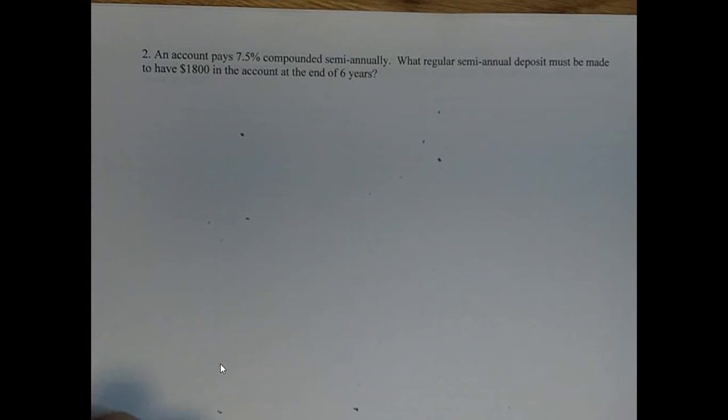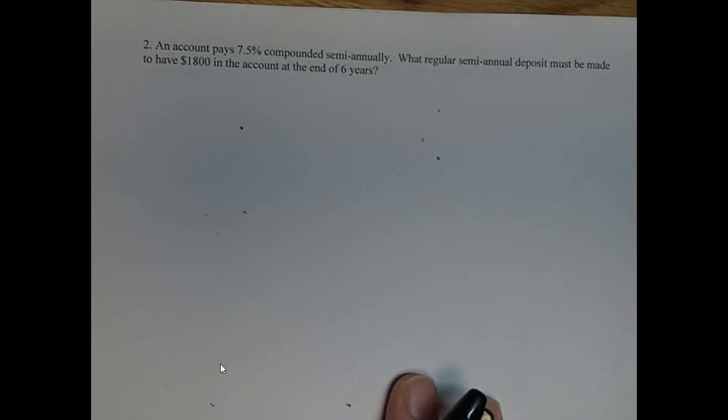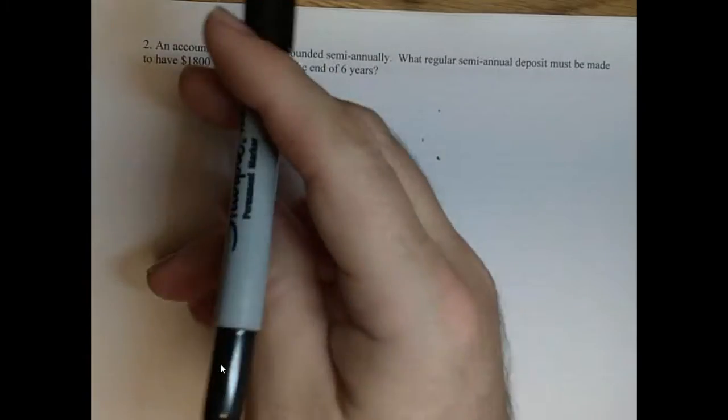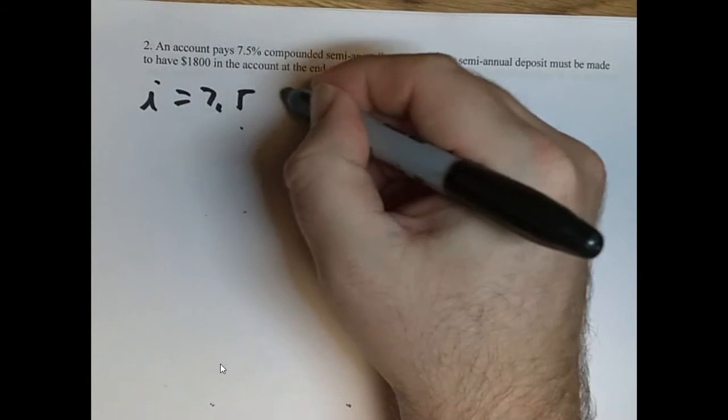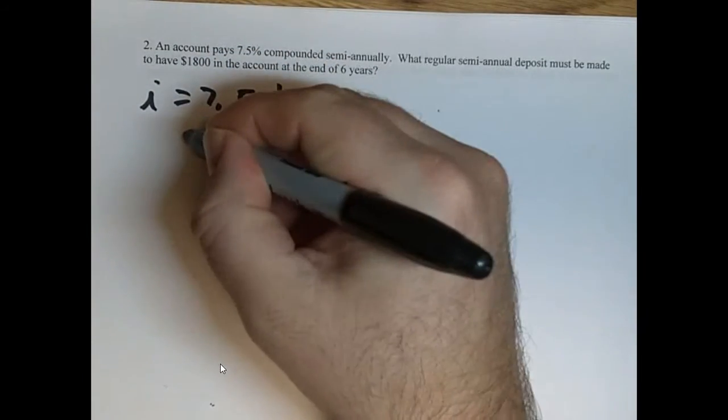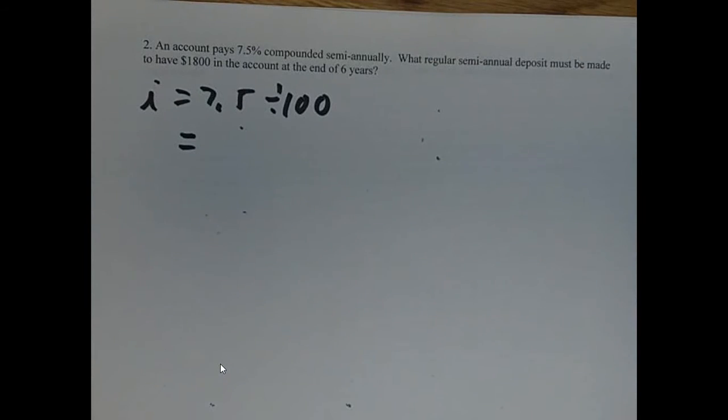Now, question 2 on our sheet here. An account pays 7.5% compounded semi-annually with regular semi-annual deposits, which must be made to have $1,800 in the account balance at the end of 6 years. So we always start off with I. So I equals 7.5 divided by 100. So we do that first. So we go 7.5 divided by 100,